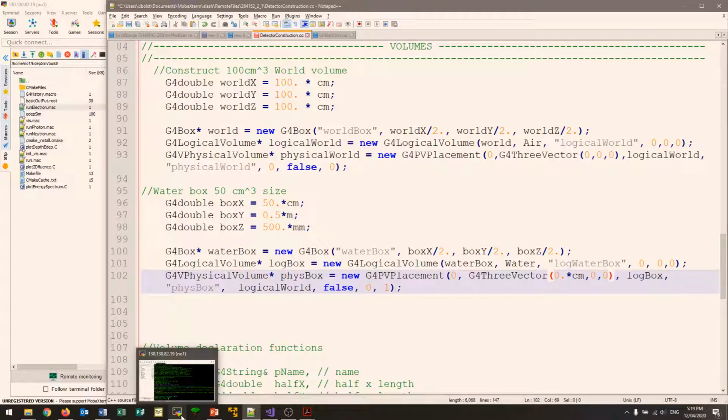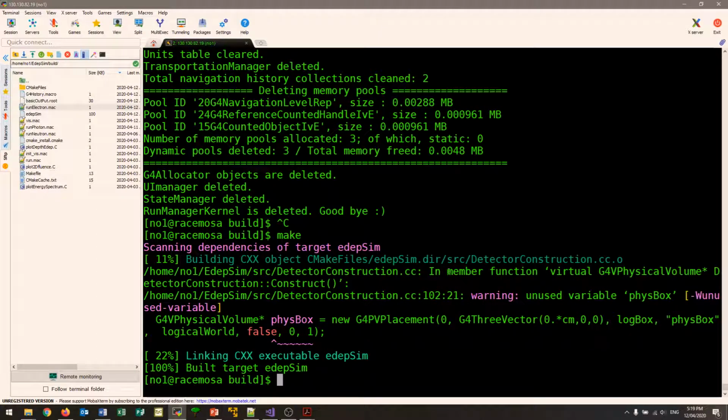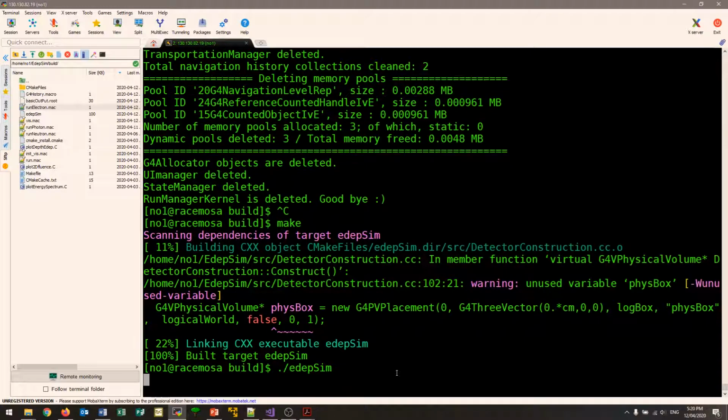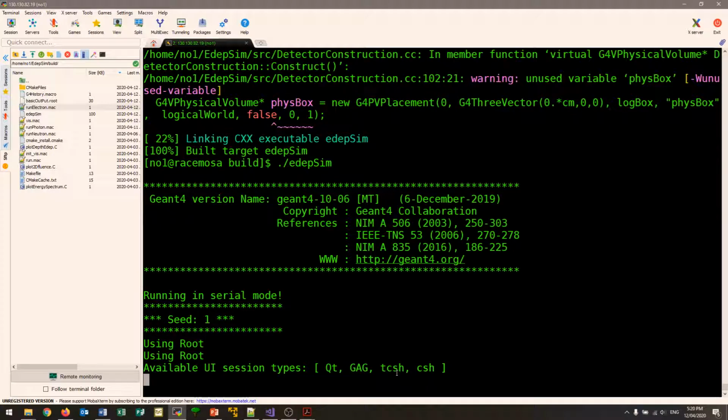It's only when you actually run it that you get an error from Geant4 itself, so it compiles just fine, but you have to run it to determine whether there's overlap. So if we run it in interactive mode again,